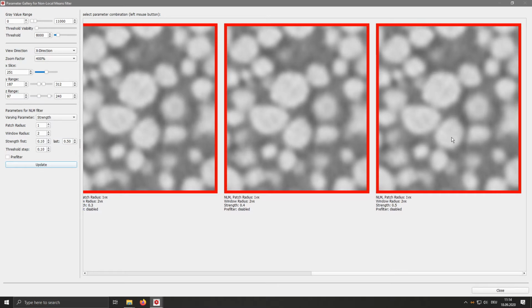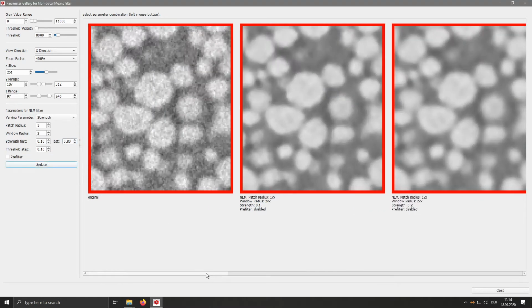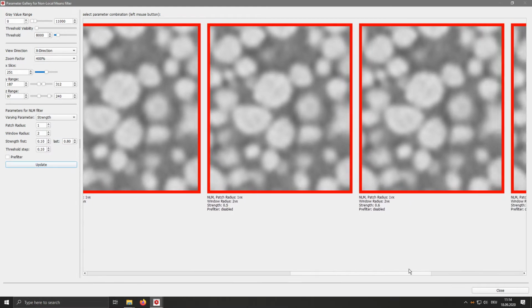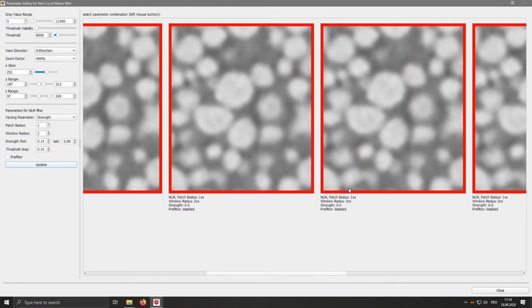And for a very high strength of 0.5, or if I turn it higher, for example 0.8, the image starts to get a bit blurry. So we will go with 0.4.